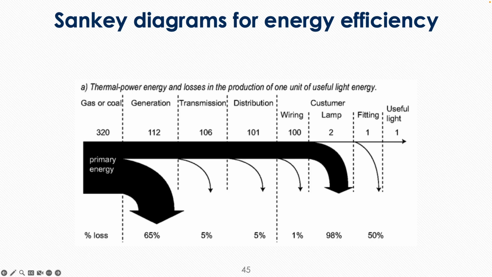So we start with 320 units of primary energy, and you might think of this as the amount of energy in a stack of coal. We burn that coal and we get a lot of losses because of heat. When you combust coal, and we'll talk about this in the next lecture,